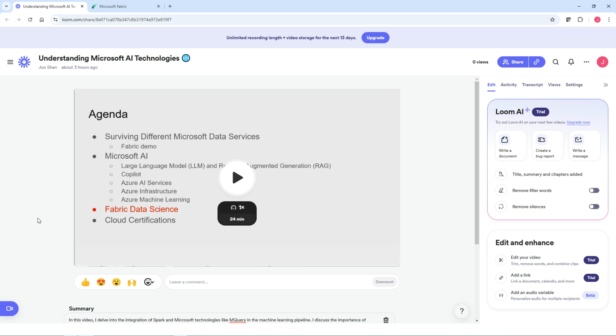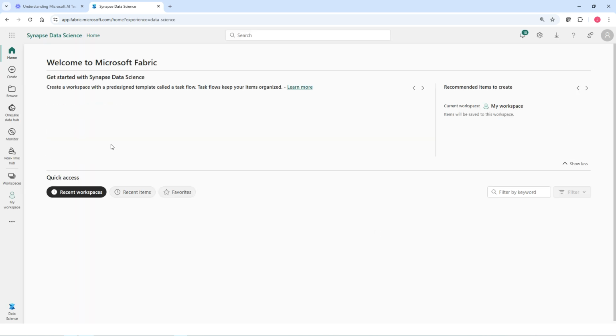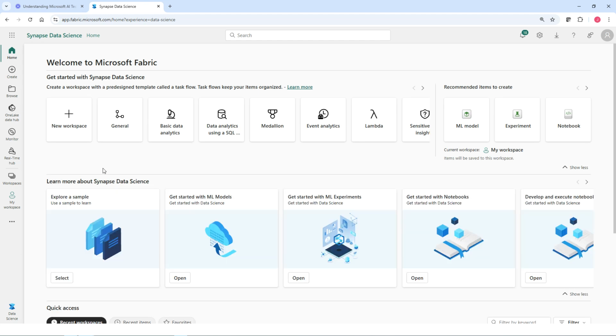Now with that, our next step is to talk about fabric data science. We just discussed fabric data science in our PowerPoint slide. Now let's go to fabric. So this shows us the Synapse data science, right? If I click on here, what's supposed to be generated? Notebook, experiment, ML model. So if I go to notebook,